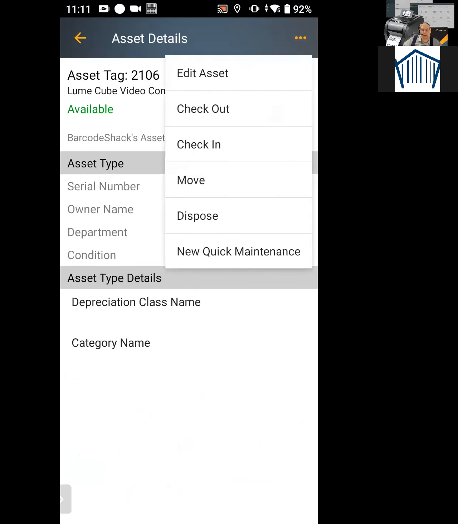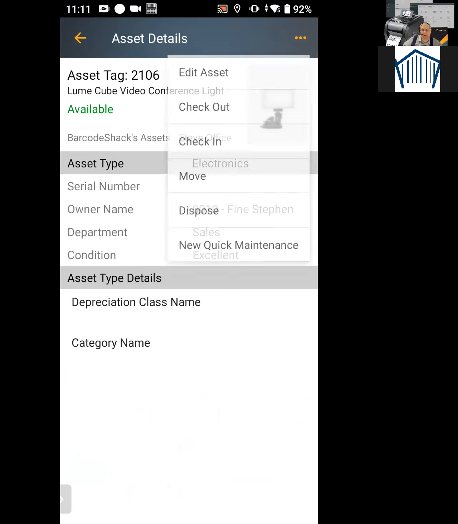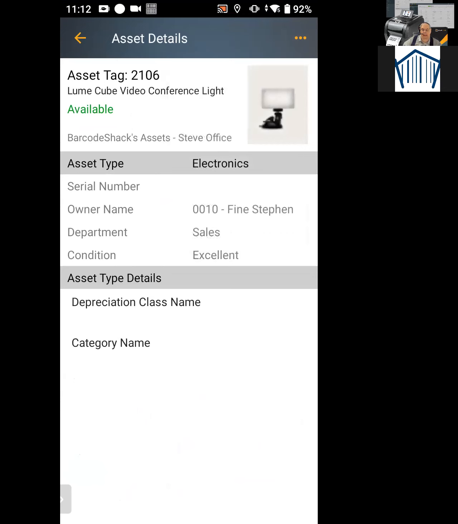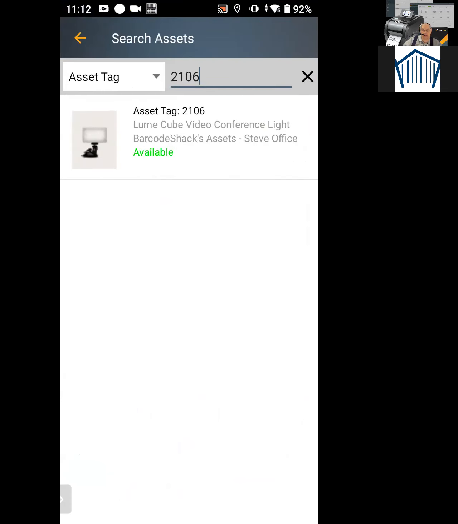The three dots at the upper right, now you can do transactions on it: edit, check out, check in, move, dispose, or quick maintenance. But typically you would be going to that transaction, you wouldn't do it this way. So that's how you set it up. And let's just take a look at the